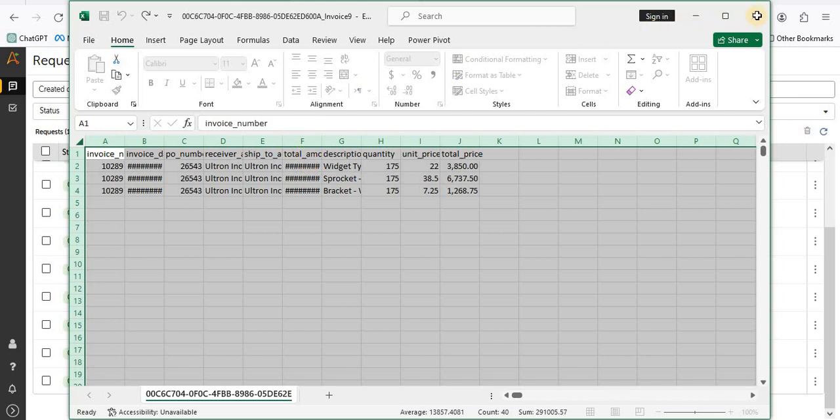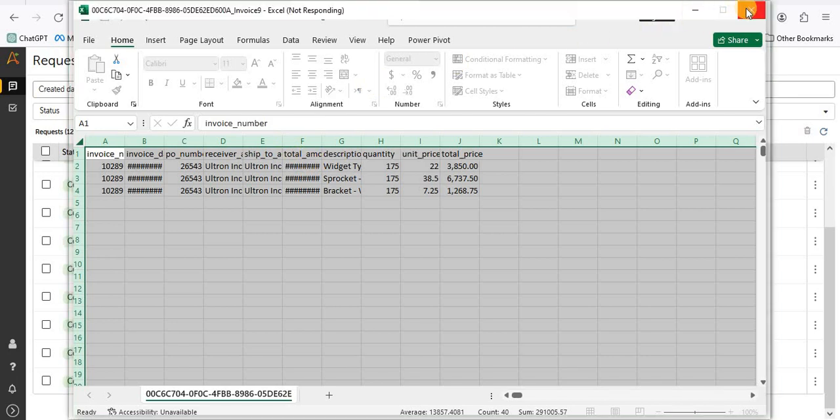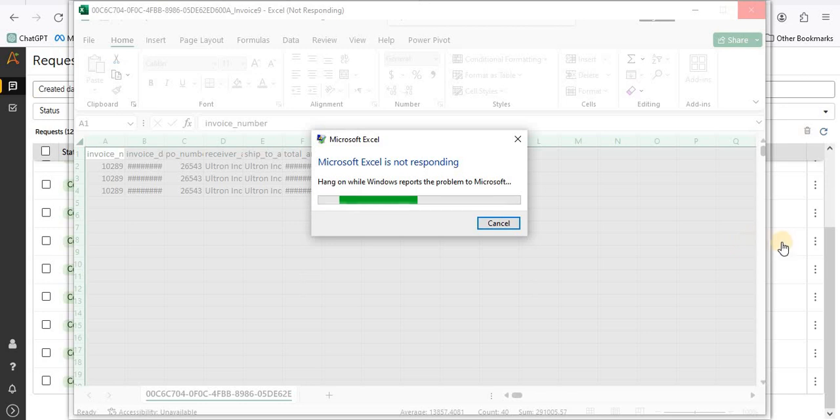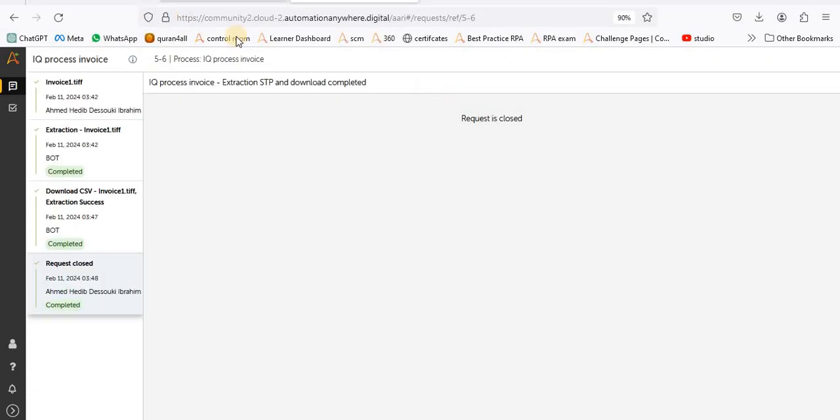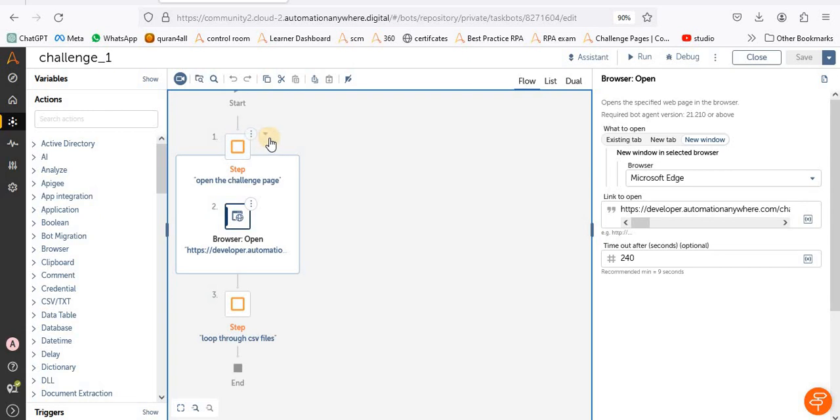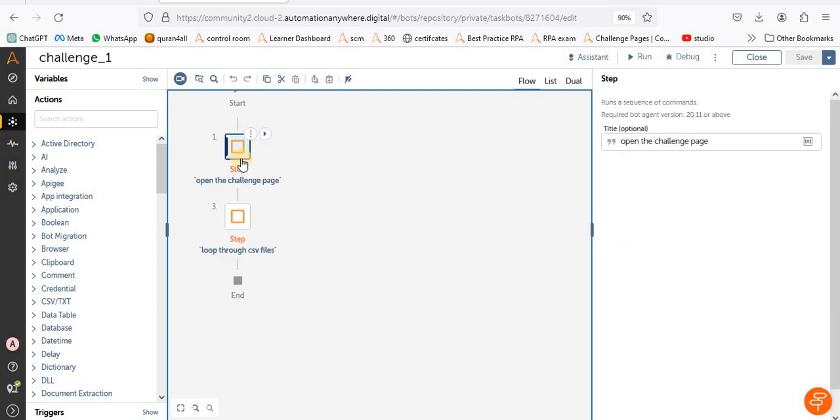I tried to do this using my bot here. The program is hanging right now, so let's come back to our challenge and see what we have done here. We have divided our program into some steps. The first step is to open the CSV file, the page,